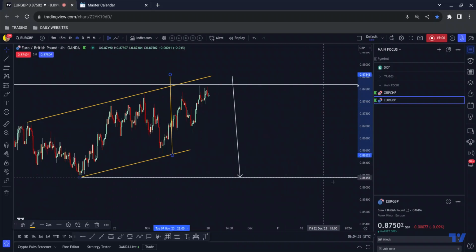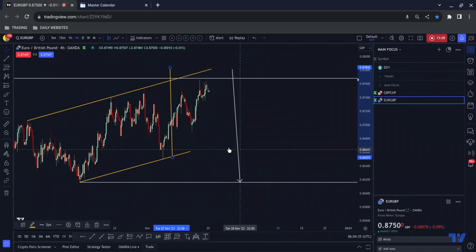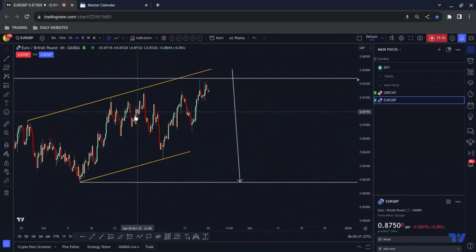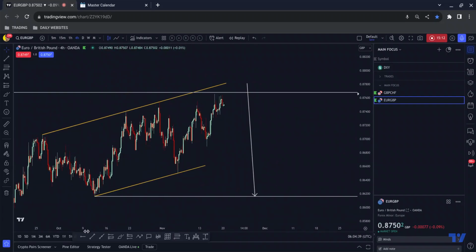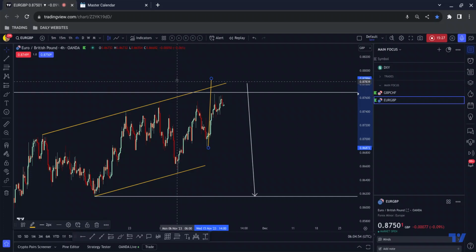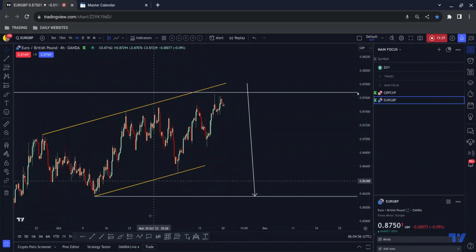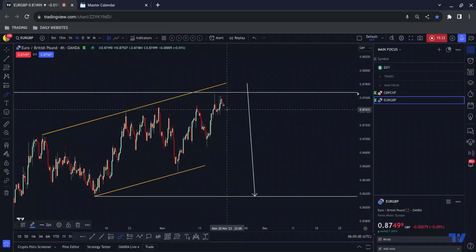We then have this little one, so that would take us just above that inflection point that I just showed you. And then we have this potential impulse correction continuation. And if we measured that, take it from there, that would take us to about the same place as well, okay? We may get something like this, okay, which would change the dynamics ever so slightly. We may get something like this,